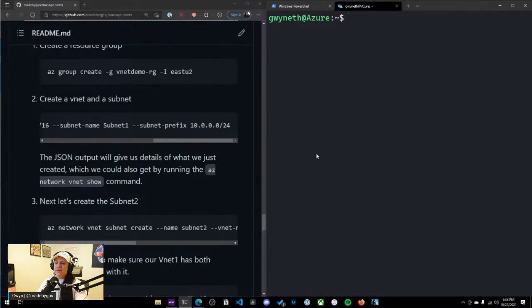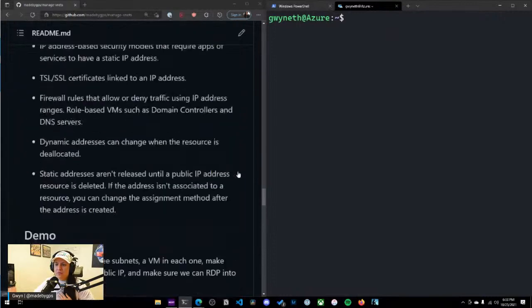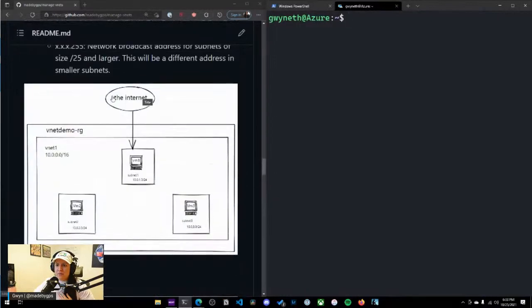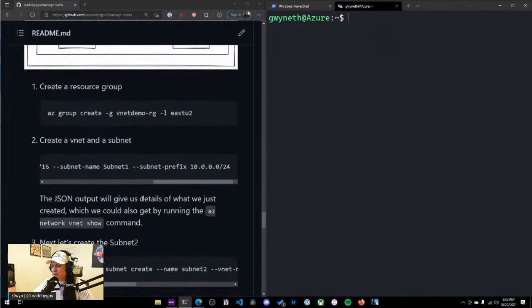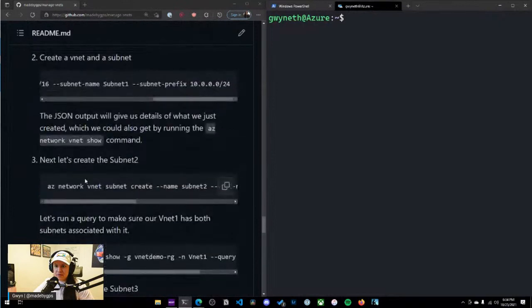Okay, so where are we at now? Here, we got our VNet, and we have one subnet, but now we have to create subnet 2 and 3. So now let's use the subnet command. Step 3, next let's create subnet 2. So we'll do az network vnet, and then we have another subcommand, which would be subnet, because we're working with subnets. Create, and then we'll call this